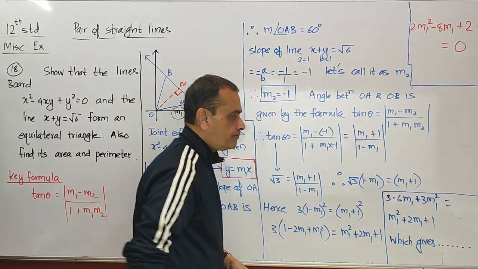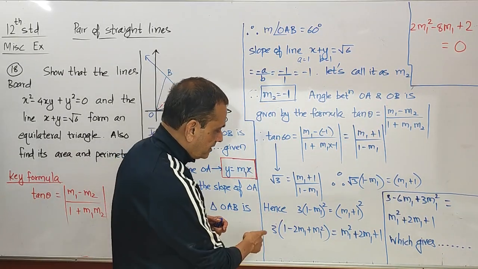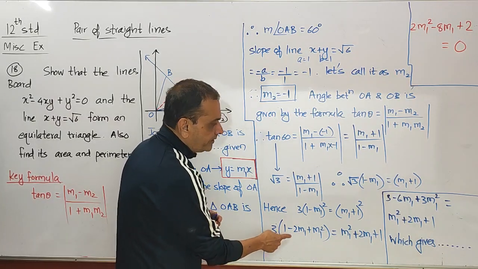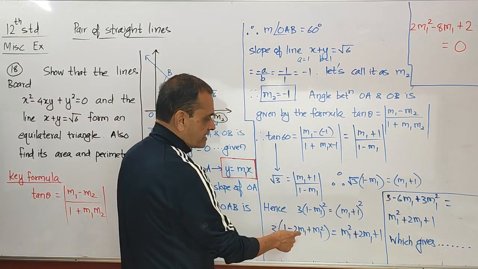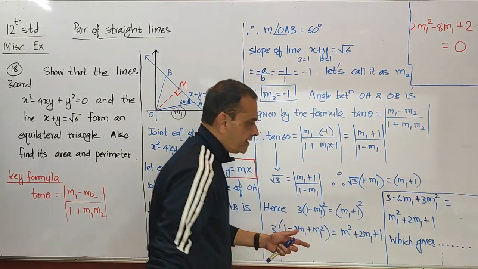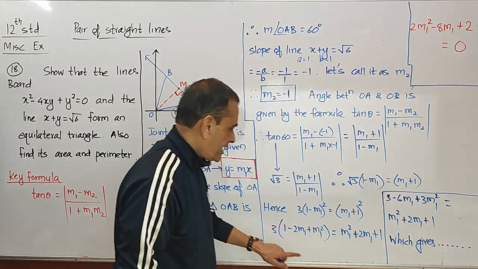So ये expand किया. Then यहाँ से ब्रैकेट्स ओपन अप करो, 3 into 1, 3 minus 6m1 plus 3m1 squared equal to this. Just open up the brackets with 3,